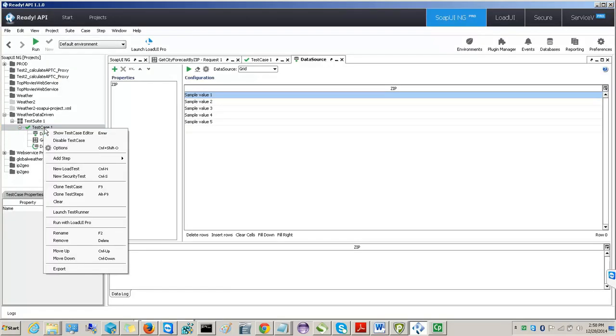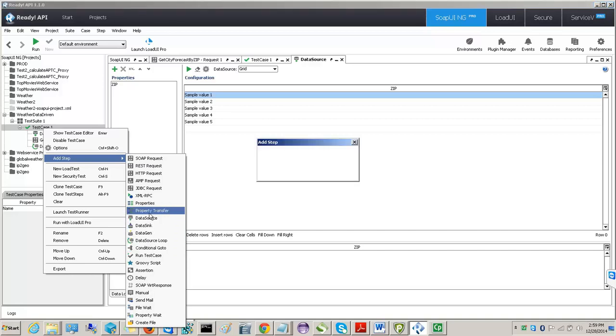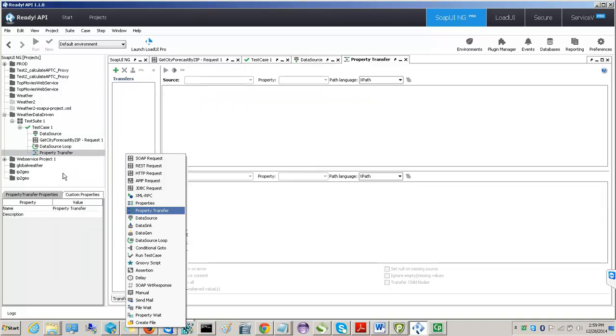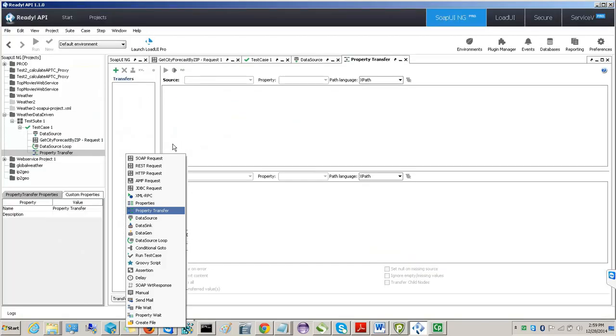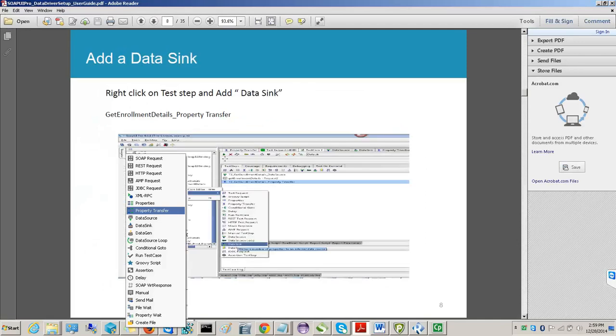So test case, add step, property transfer. Okay. So after property transfer,